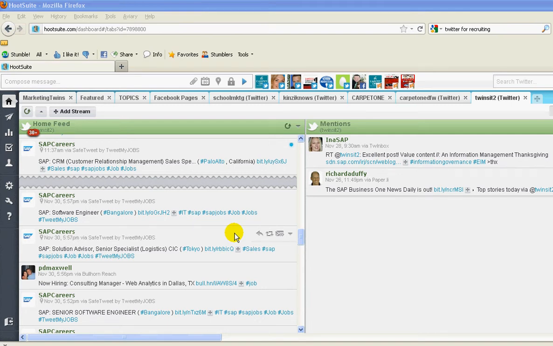I want to give this quick overview of Hootsuite. We discussed this in the meeting, but for those who weren't able to see everything or want a refresher, here's a quick little refresher on using Hootsuite to manage Twitter. Obviously, you can manage Twitter through twitter.com or other resources, but Hootsuite is a particular application that we like using